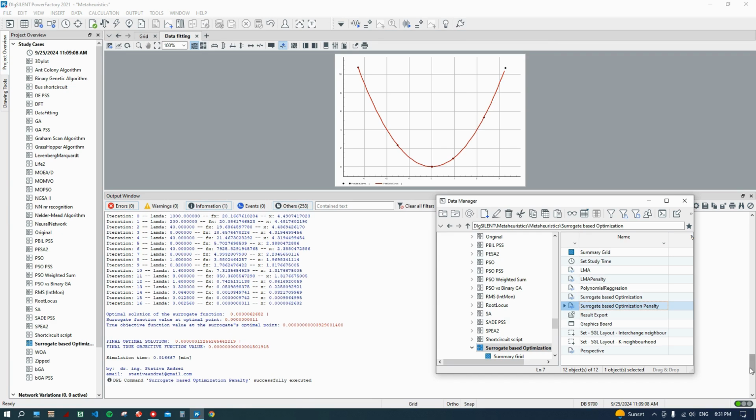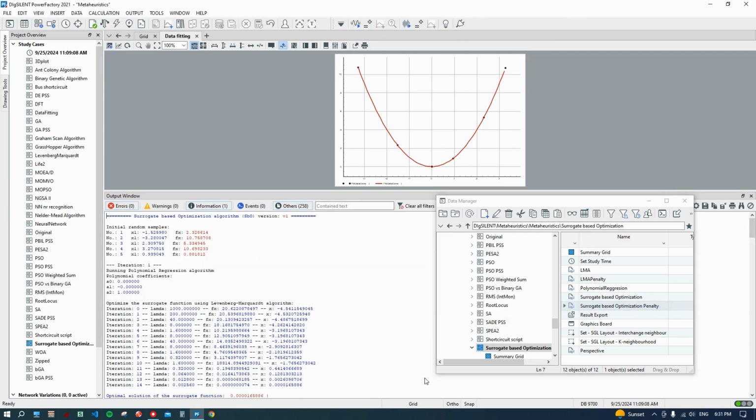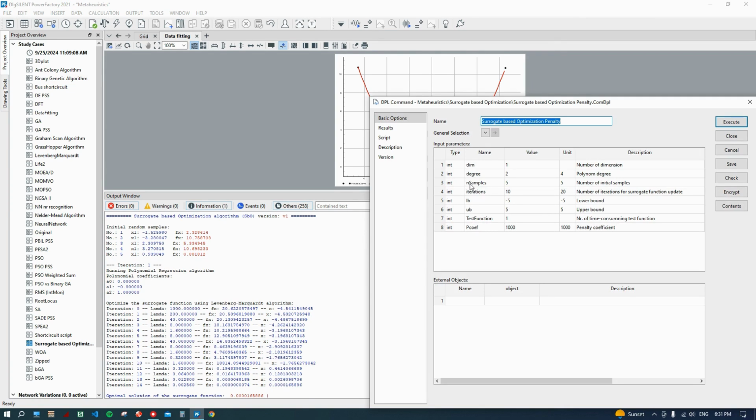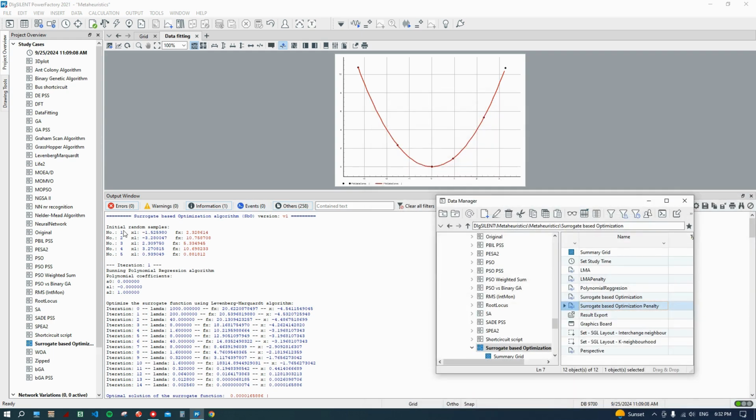Okay, let's go to the beginning. As I said, n samples 5. At the beginning, the algorithm randomly creates 5 samples and evaluates them. So our time-consuming test function, the sphere function, is going to be evaluated 5 times around these random points. After this step, it's going to go into the main loop, the iteration loop, in which every time